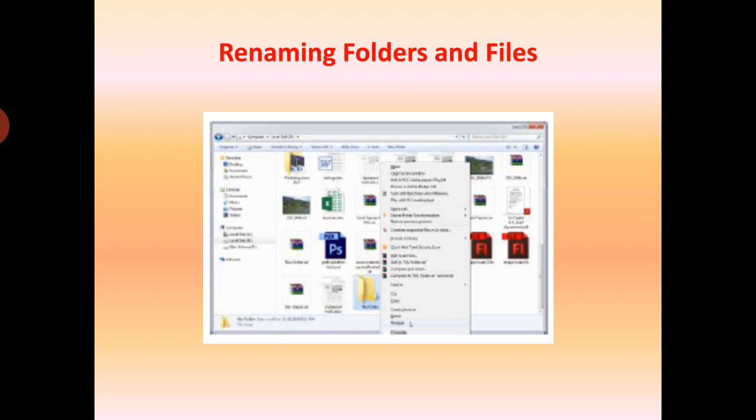Or you can just select the file or folder and press function key F2. Now, how to delete files and folders? Students, you have to click on the file or folder which you want to delete and then press the delete key from the keyboard. Or second method is right click and select delete option from the shortcut menu.